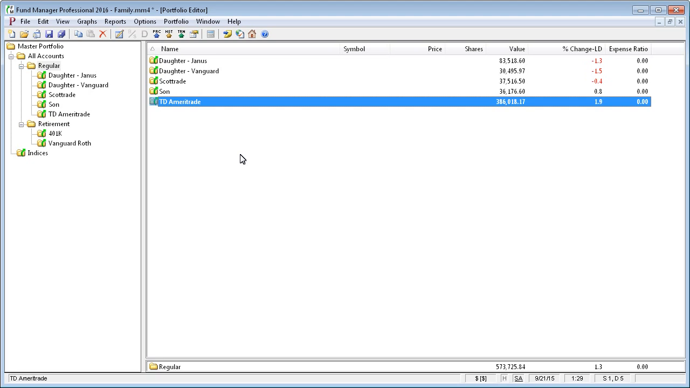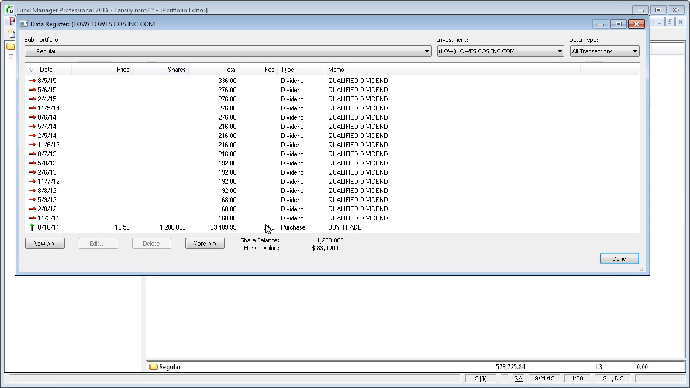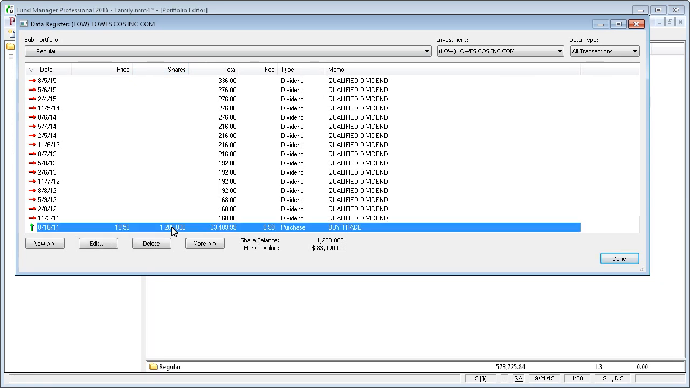Once an account is reconciled, Fund Manager will help prevent you from accidentally modifying transactions that have already been reconciled. For example, if we tried to modify a transaction in a reconciled account for a date earlier than our last reconciled date, we'll get a warning. I'm going to go back and do this same transaction. If I were to try and modify it now,